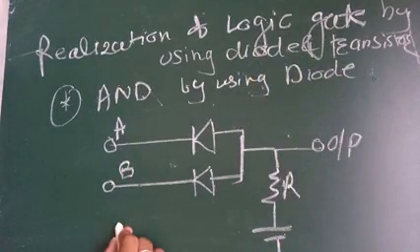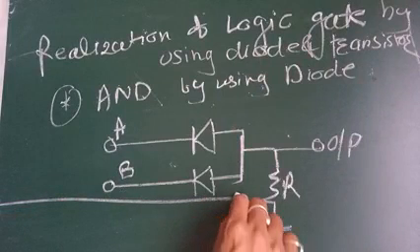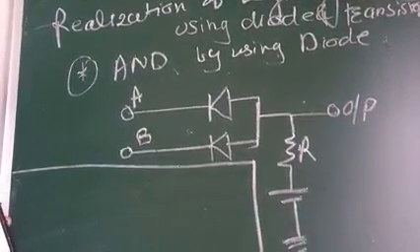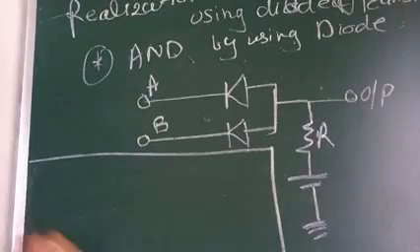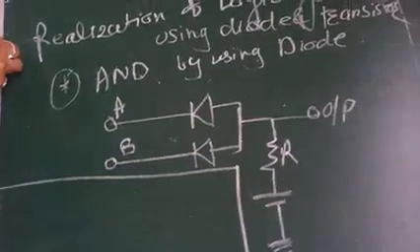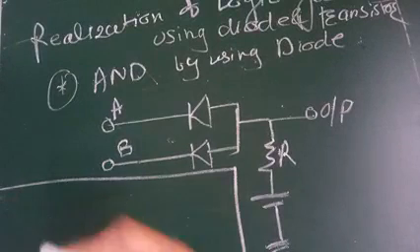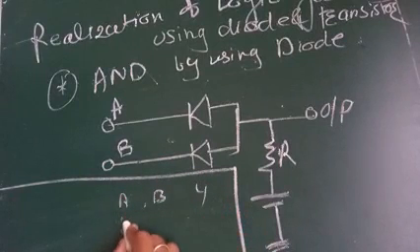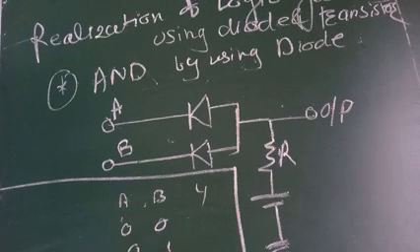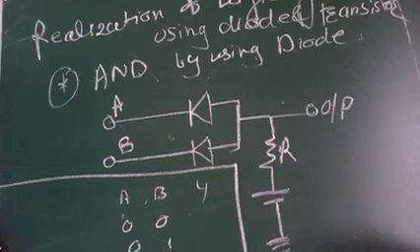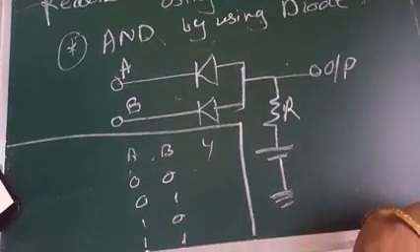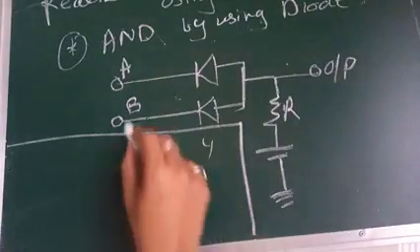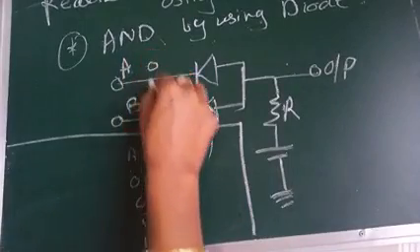I am going to use this circuit for understanding the AND gate using diodes. So you must know the truth table. As I told you in the previous video, the diode can perform logical multiplication. How does it perform? Logical multiplication is like this. The truth table has A, B and Y. A and B are the two inputs, so the combinations are 0 0, 0 1, 1 0 and 1 1. These are the four conditions of the truth table. Let us see, when A is 0 and B is 0, what happened? Suppose both are 0, 0.